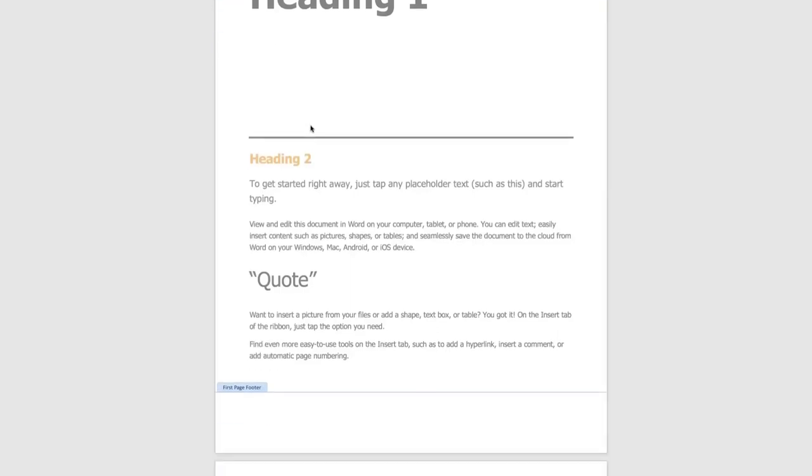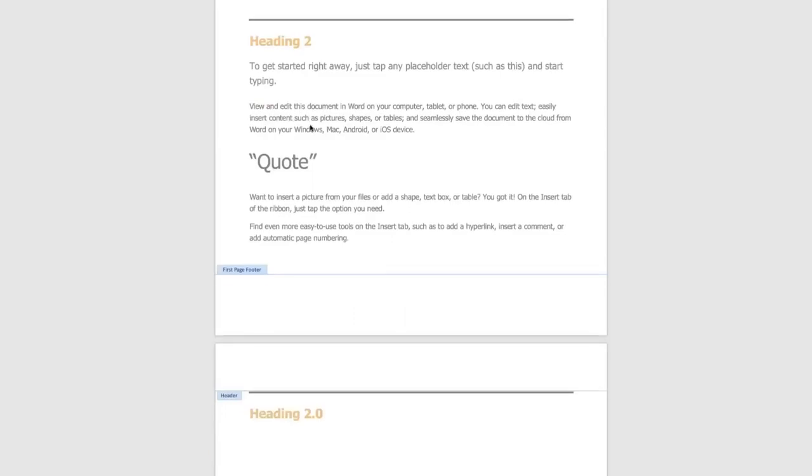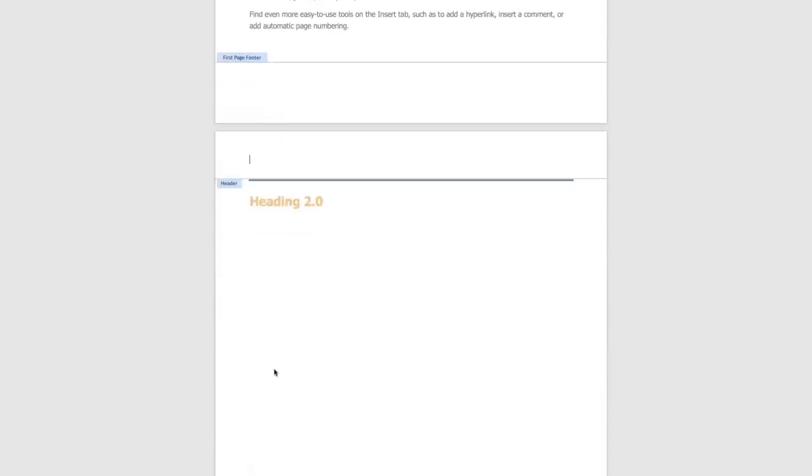Now to the main part. What if you want to have a different header in your other pages? You don't want your second page header to affect any of the other pages, or you have two pages that you want to have different headers. So the first step you do is to create a section break. Now our objective is to write a header here in the second page and hope that it does not affect our third page. So you come to your third page,